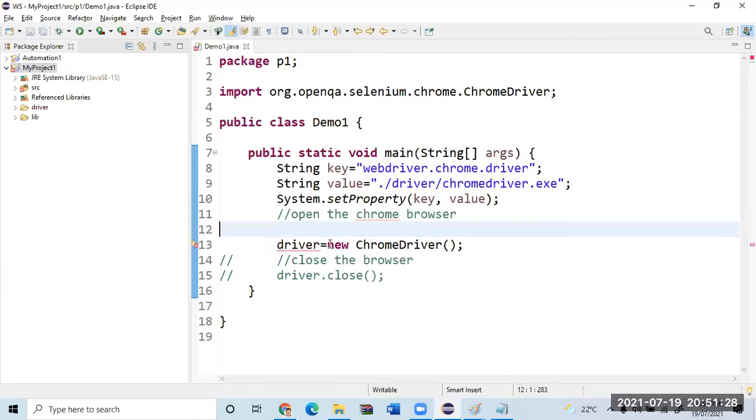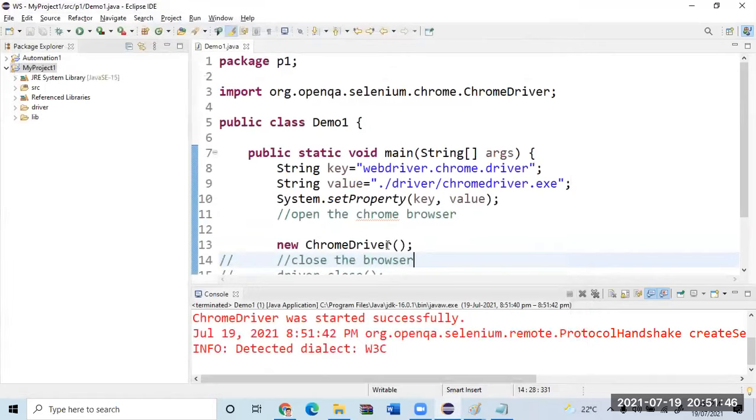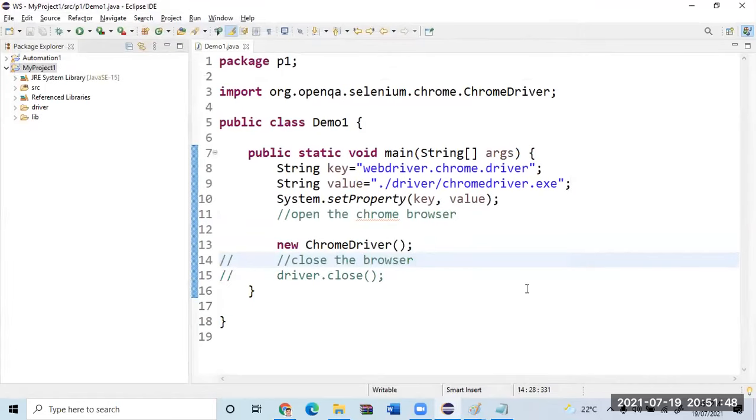So now my question is, I will just run only this code. Tell me what will happen. Is it a valid Java program? Yes, sir. Tell me what will happen if I run it. Use your common sense and tell. It has to open the browser. Is it opening the browser? Yes, sir. Yours are not closing. Why is it not closing? Because you have not written it, it's not closing anywhere.